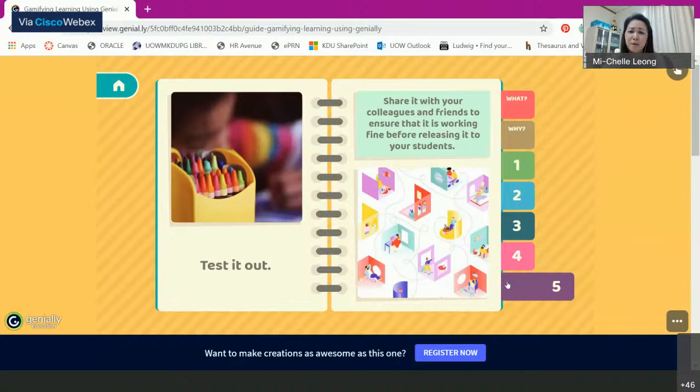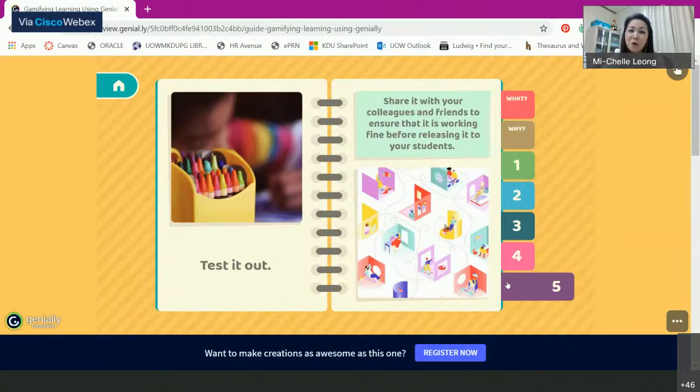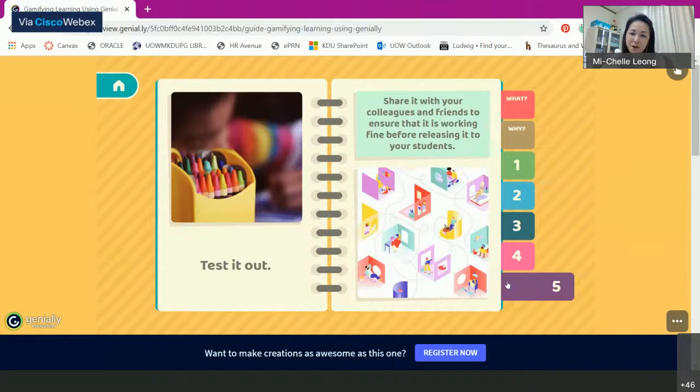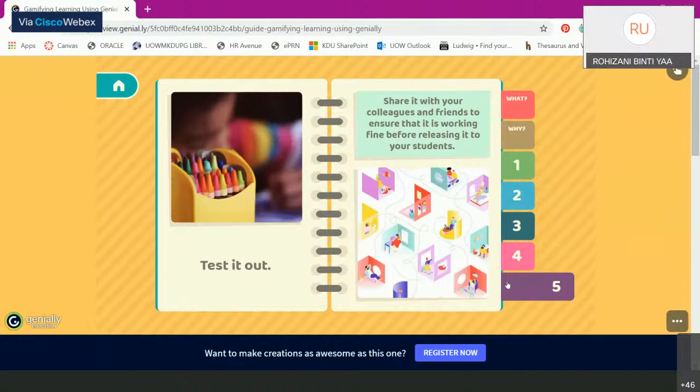Generally, the feedback I've gotten so far, the students say that it's interesting. But of course, there are some who say, oh no, miss, if you don't get the clue to one of it, then you are stuck there forever and ever. But of course, some of them actually also said that,